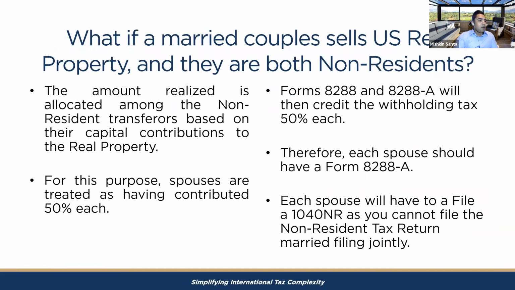Okay, what if a married couple sells US real property and they are both non-residents? The way the rules work is that there's kind of an assumption that both spouses have equally contributed to purchasing the property, and therefore both spouses get an equal portion of the realization or the gain when they sell the property. In turn, what happens is that if you have withholding tax for a sale of property for married people, they should split out the withholding tax between both of them as well. So there should be two